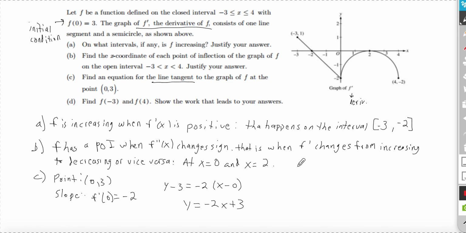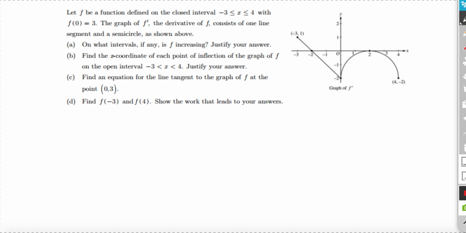Part D was the kind of hefty one here, okay? It says find f of negative 3 and f of 4. Show the work that leads to your answers. So they're asking us about things on the original graph, right? Now this goes back to what I said at the very beginning of this lesson. If I want f of negative 3,